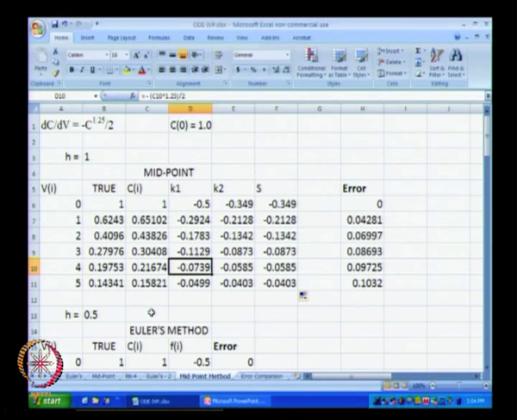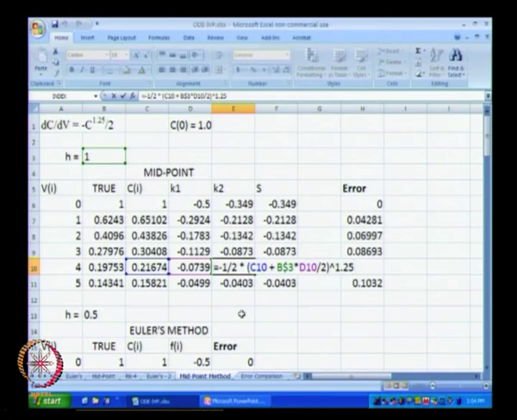We will check our value of K1. K1 should be minus Ci to the power 1.25 divided by 2. So, it is minus Ci to the power 1.25 divided by 2, this is exactly what we get. And K2 is again minus half multiplied by Ci plus h by 2 multiplied by K1, the whole thing raised to the power 1.25.